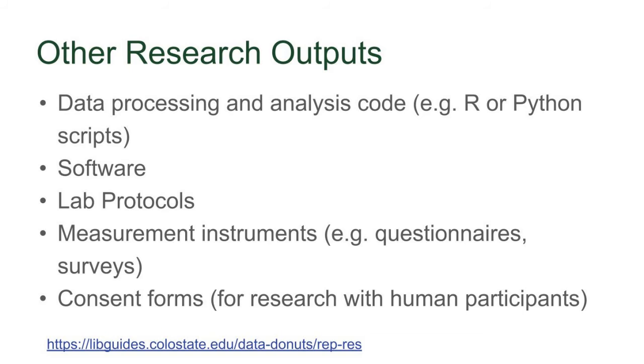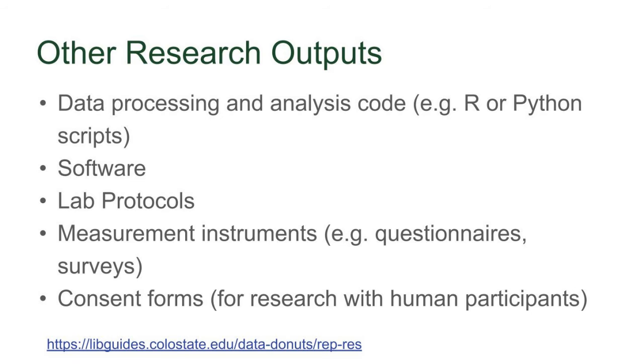Another type of research output that you'll want to plan for is a record of your data analysis, ideally the code or syntax used to clean and analyze your data. This ensures that your results are reproducible, which is important both for yourself if you plan to run the same analyses on multiple datasets, and for the integrity and transparency of your research so that others can understand and repeat what you did, coming up with the same results. For more information about strategies to make your research reproducible, see the workshop materials linked at the bottom of the slide.